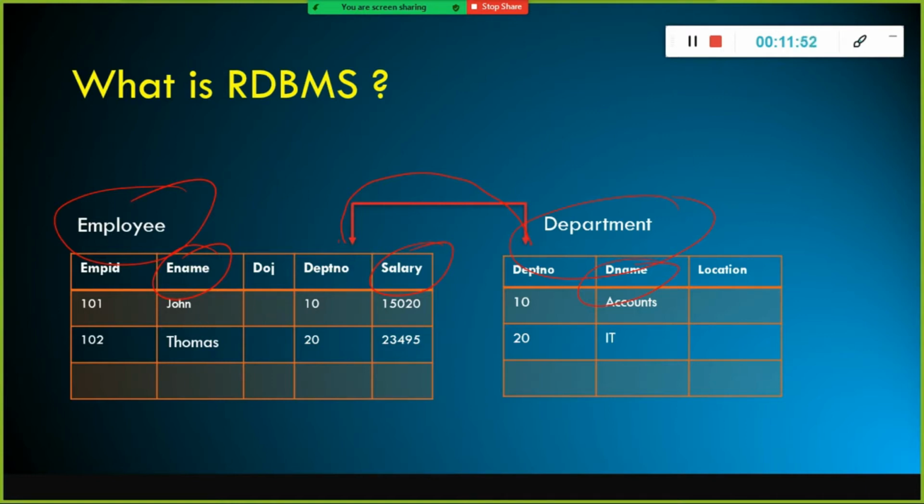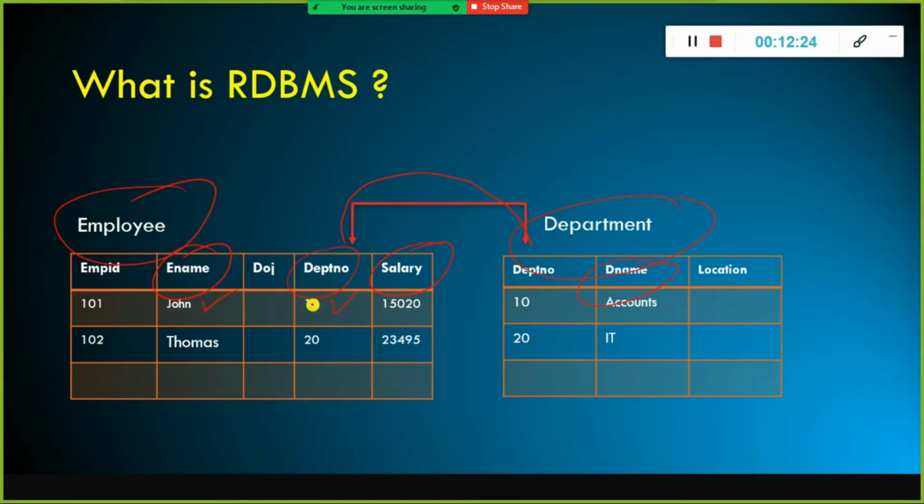Even if you don't have any RDBMS background, if I ask you to look at this table and tell me which department John belongs to, what will you do? You will just look at the columns available in this table. When you see the department number, you say he belongs to department number 10. But if I ask you to tell me the department name where John belongs, I don't need the department number, you tell me the department name.